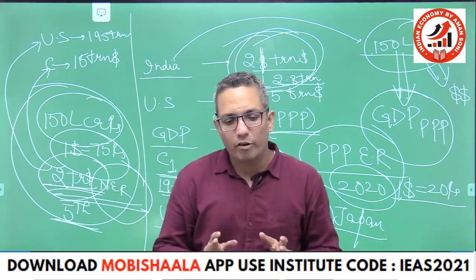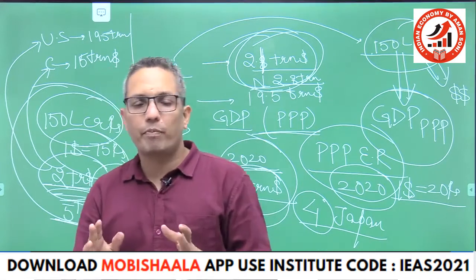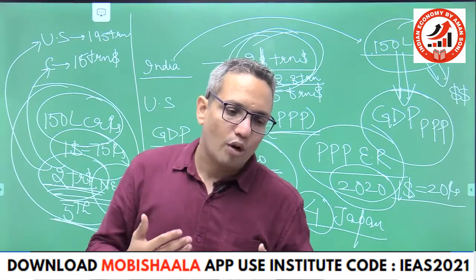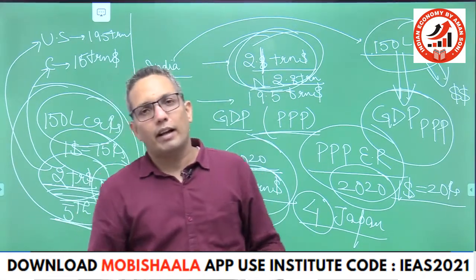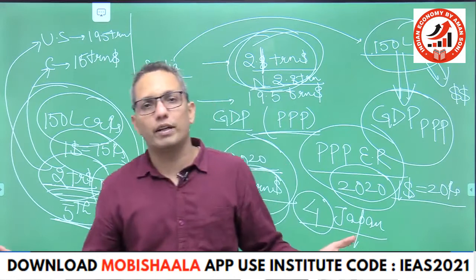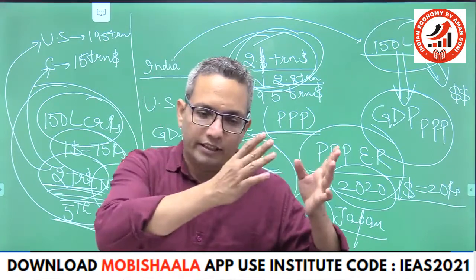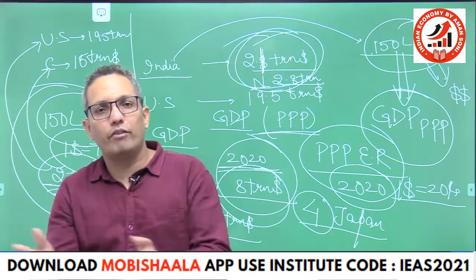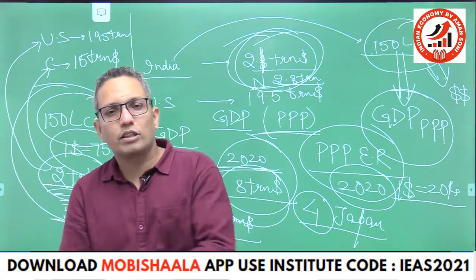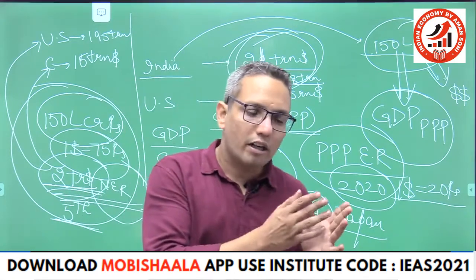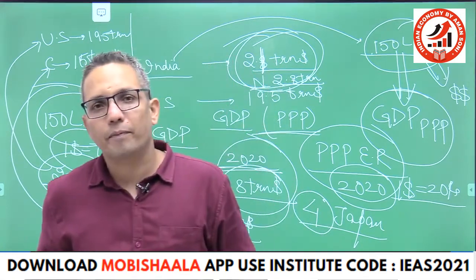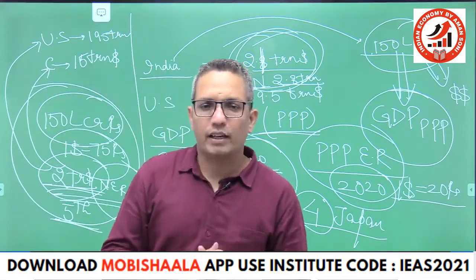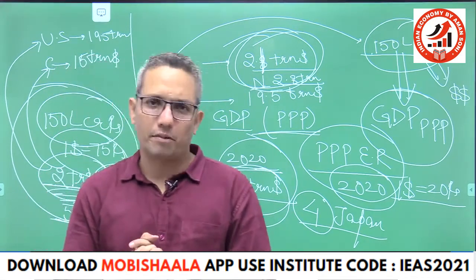To see purchasing power parity, we can even see the purchasing power parity of rupee in euro. We can see the purchasing power of rupee as compared to yen, as compared to yuan. We can compare any two currencies, like the Chinese currency, yuan, renminbi, which is compared with dollars. Dollar is also compared with yen, the currency of Japan. So we can compare any two currencies for purchasing power parity. Alright, that completes the concept of purchasing power parity.